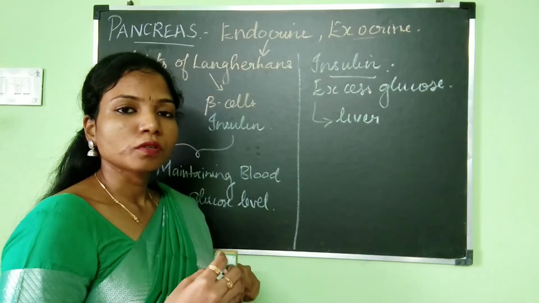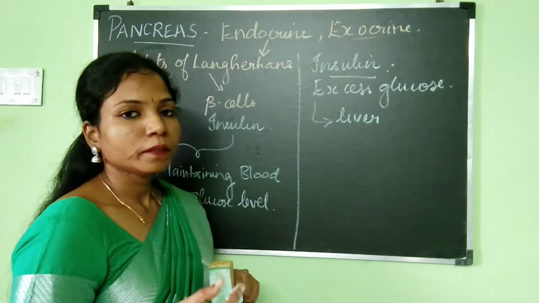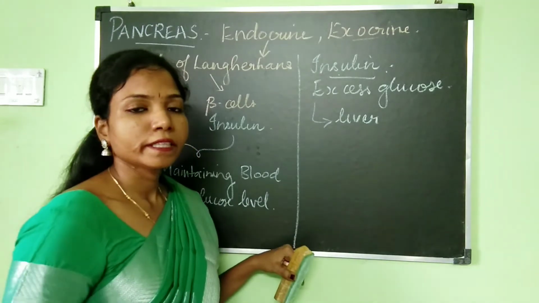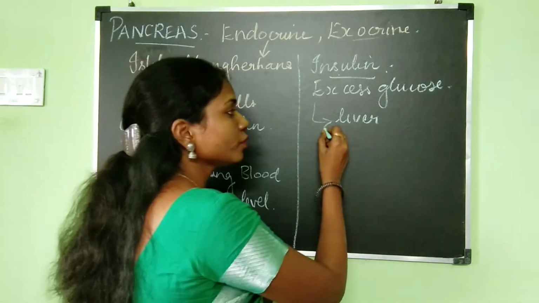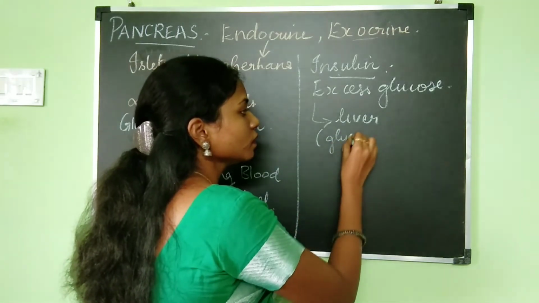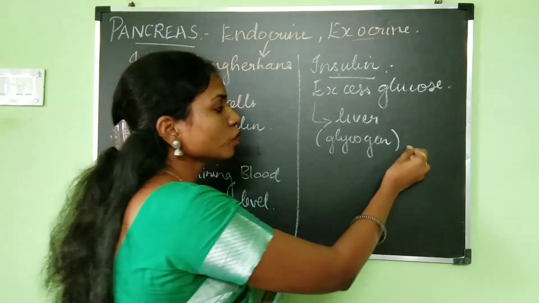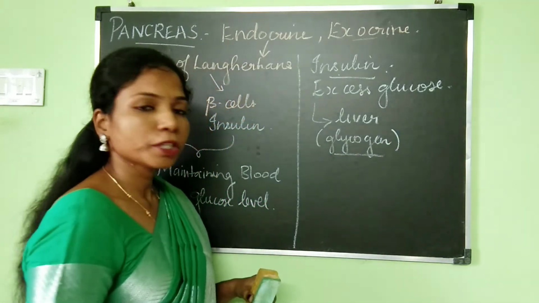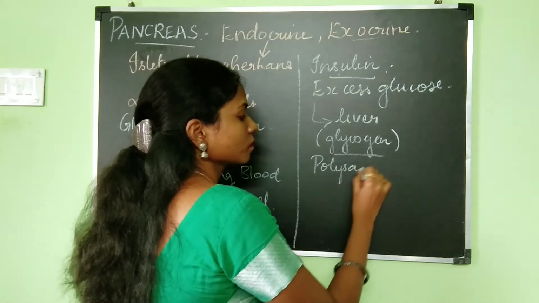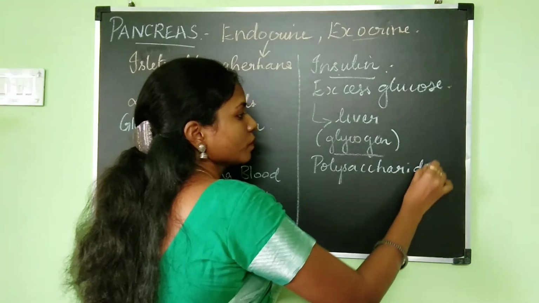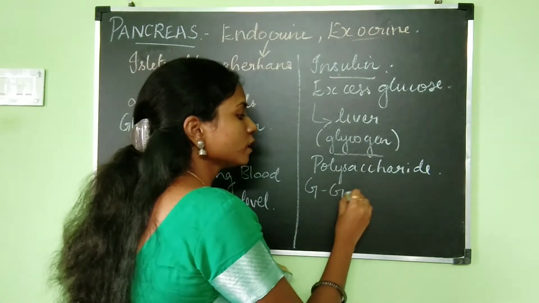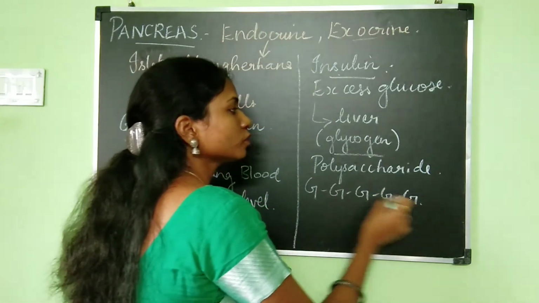So this excess glucose circulating in our body after digestion will be picked up by insulin, and it will go and store it in the liver. The glucose molecule is going to get stored in the form of glycogen in the liver. This glycogen is a polysaccharide. Just imagine insulin picking up one molecule of glucose and taking it. Similarly, it is going to take many molecules of glucose and store them in the liver.